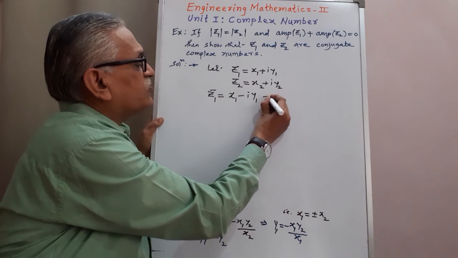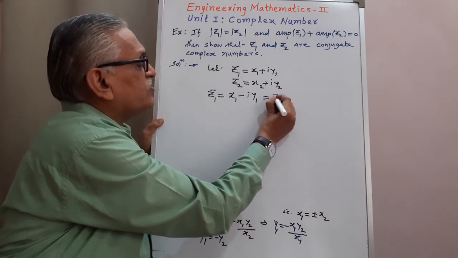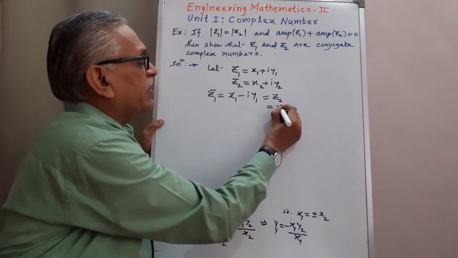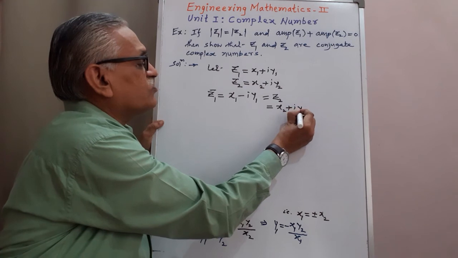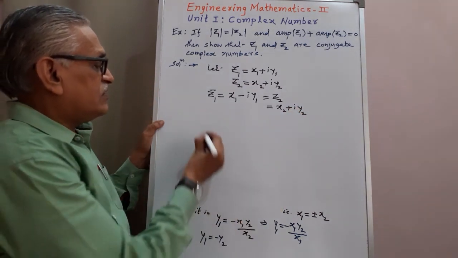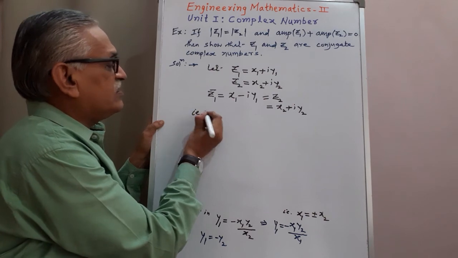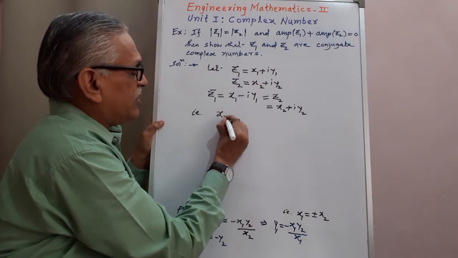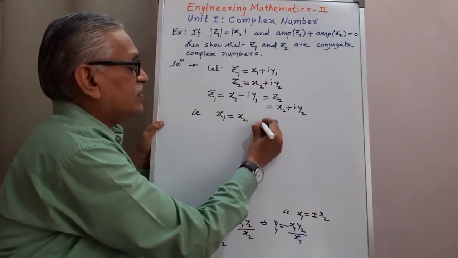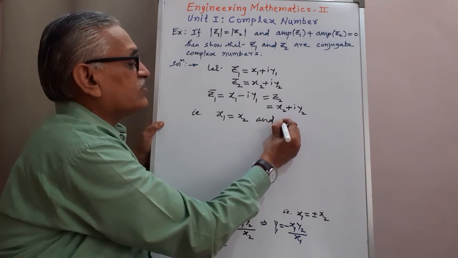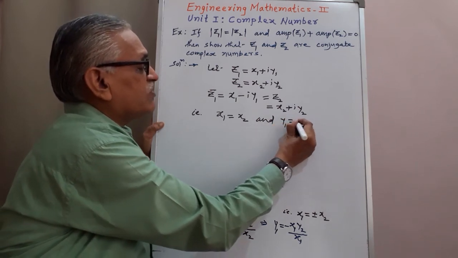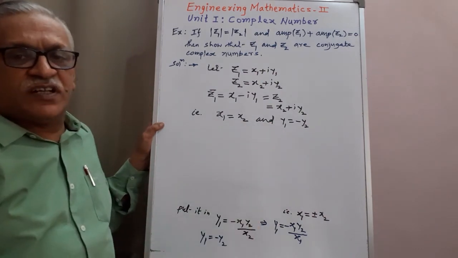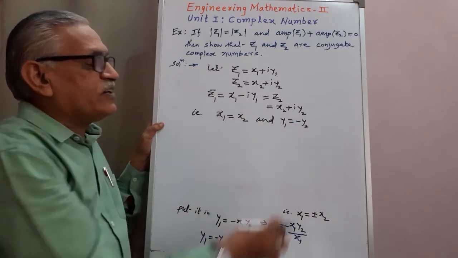We need to prove that it is equal to Z2, and Z2 is x2 plus i y2. That is nothing but these two complex numbers are equal, meaning real part is equal to real part, x1 is equal to x2, and y1 is equal to minus y2. If we obtain these two results, x1 is equal to x2 and y1 equal to minus y2,